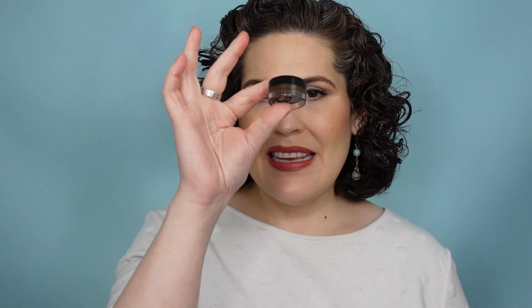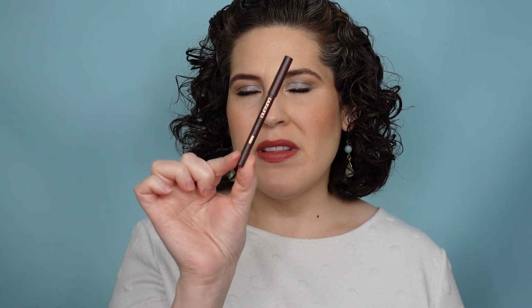I am keeping this Inglot AMC eyeliner in shade 90 in my rotation for this month. I picked this up last month, and I have been loving the really graphic liner looks that I can get with this. I'm also putting in this liner from Persona. This is their 24-hour waterproof. This is a fantastic